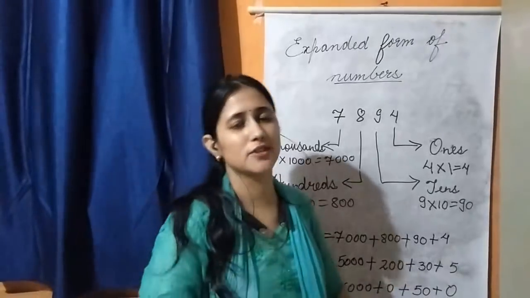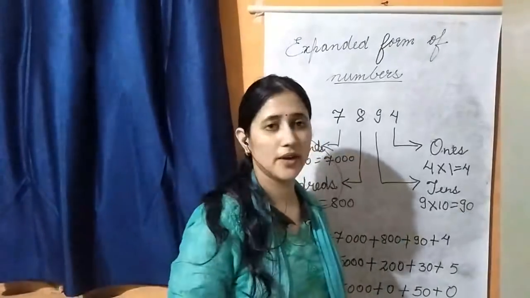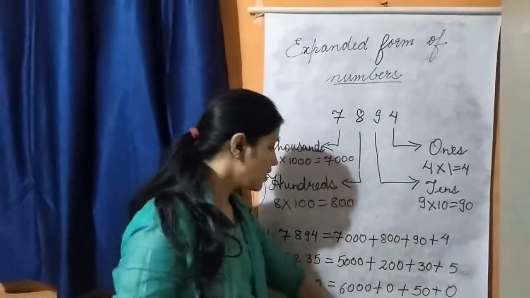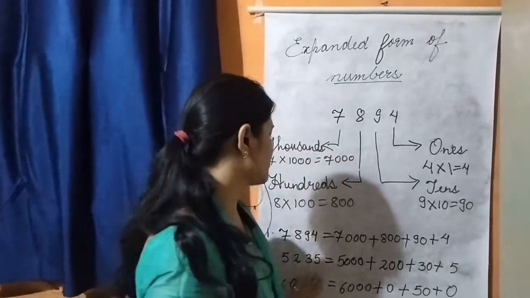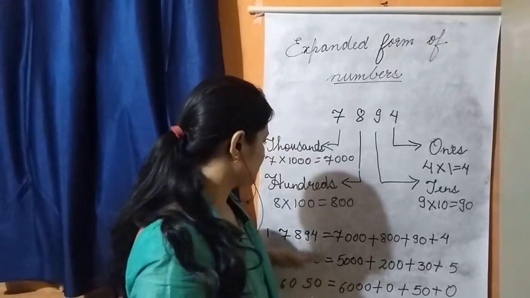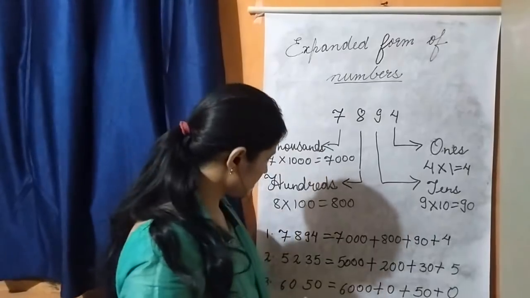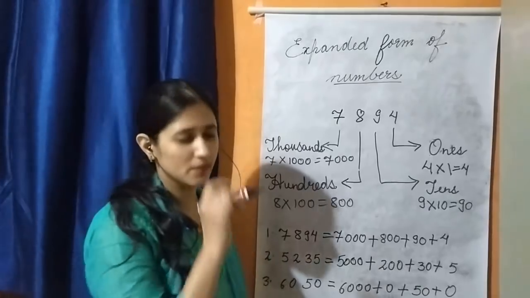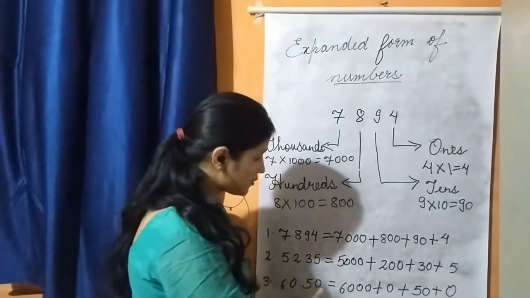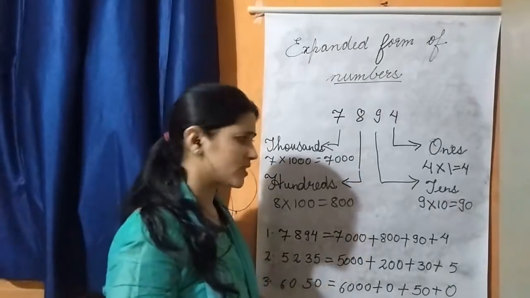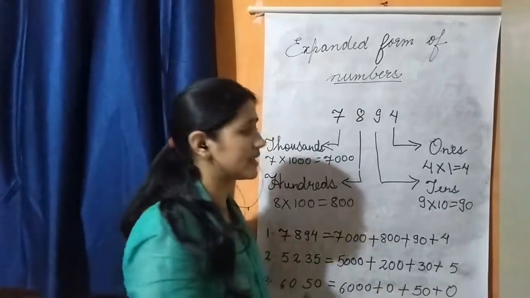Okay students, I have written my answer, so I hope that you must have also written your answers in your copy. Okay students, I know second one you can easily solve, because second question is similar to the first one, but you might be confused in the third one. You must be thinking that what we will write for 0 here, what will be the place value of 0. It is very simple. It is also similar like that only.